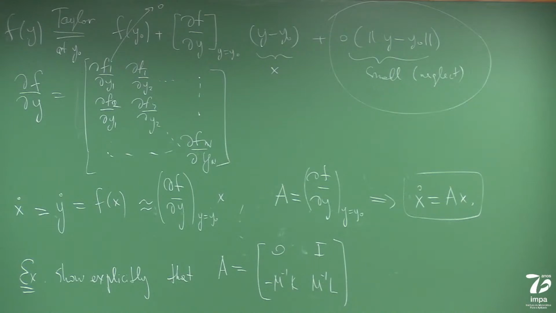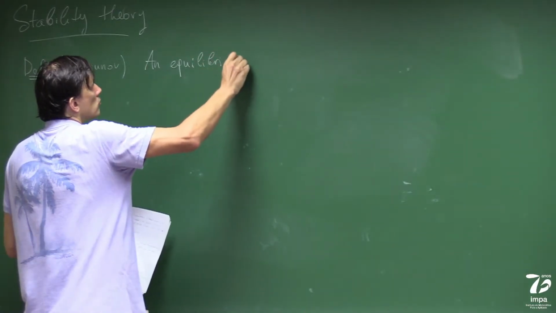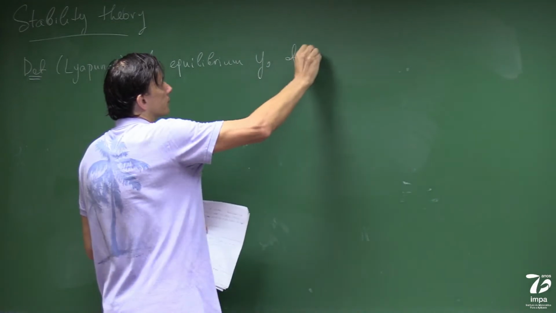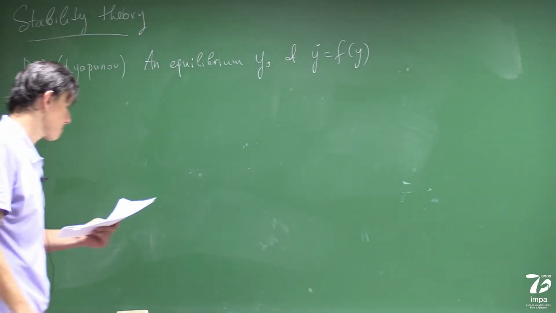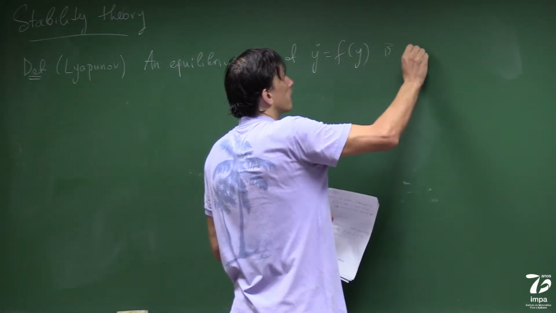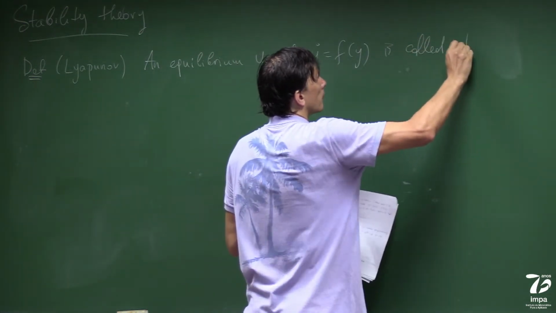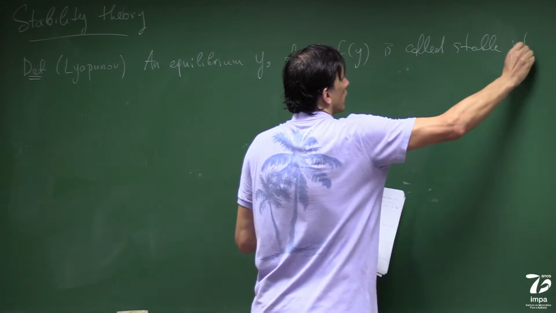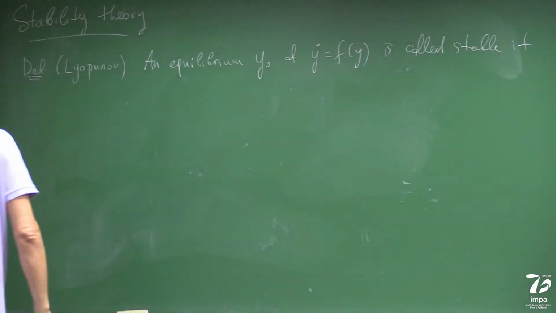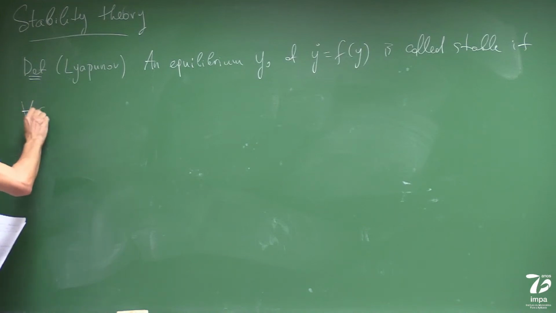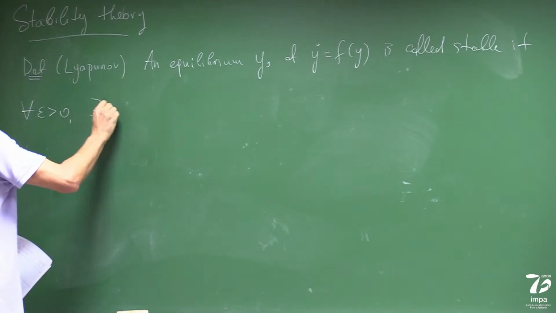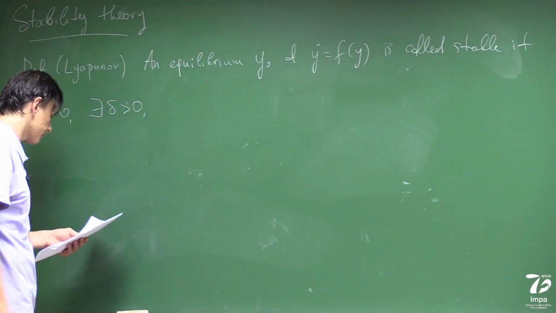The definition tells that an equilibrium or fixed point y0 of the system y dot equals f of y is called stable if, and then there is a mathematical statement that I'll describe. Let's write it and then we see what it means. So it means that for any epsilon positive, there is delta positive such that